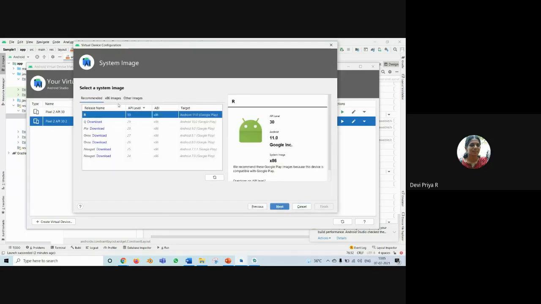Okay. And here it will ask for different release names. Inside that there are different release names, and you have to choose one of them. The basic default is R. You can just click R. Since I have already downloaded and installed it, it is not giving the download option here. But if you are doing it for the first time, there will be a download option here also. So you have to download, and normally it will be around 500 MB, almost half a GB. I think for R, it took 514 MB for me.